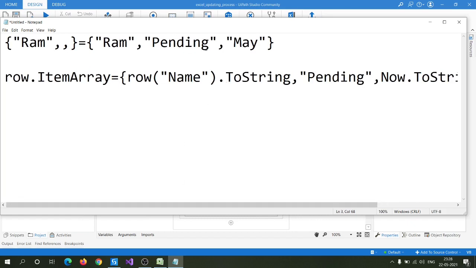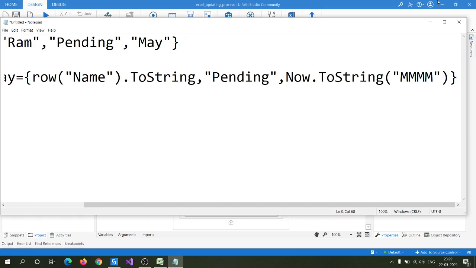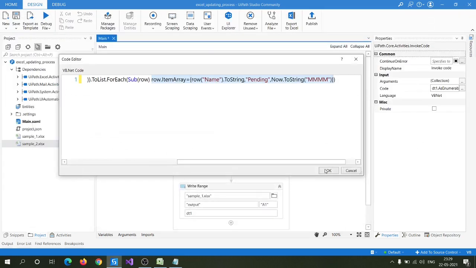To keep the first element the same, we are using row of name dot ToString. Then we are updating with pending. Then we are updating it with the current month, that is now dot ToString, using this date format. This is how you can do multiple column updates using this Invoke Code. Sometimes you can find this method quite helpful.